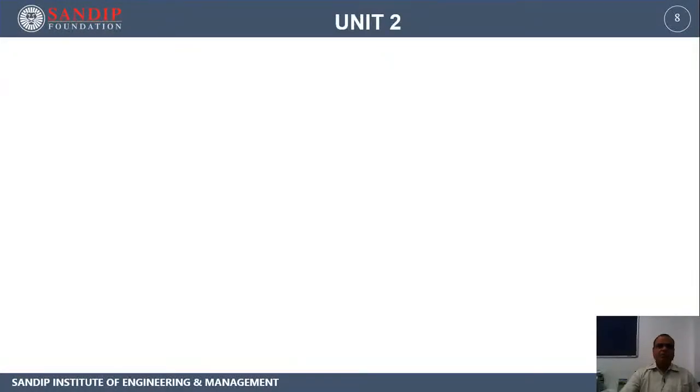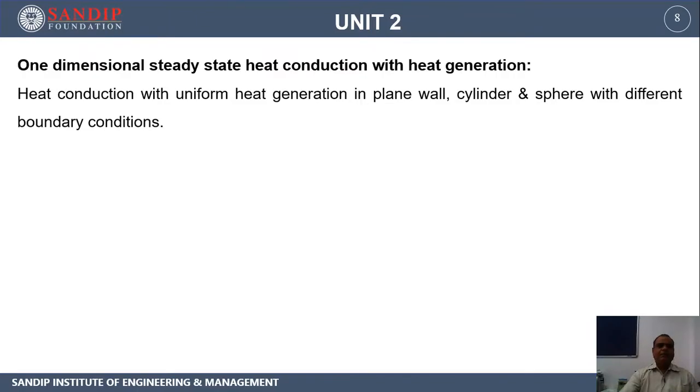Unit number 2, we are going to talk about the second problem, that is one dimensional steady state conduction with heat generation. In the first unit is expected to learn about the without heat generation problem. In the second unit is expected to learn about the with heat generation. Means there is some energy getting generated within the object itself, and that is what is called as with heat generation. So we are going to have different types of problems like plane wall, cylinders, and sphere subjected